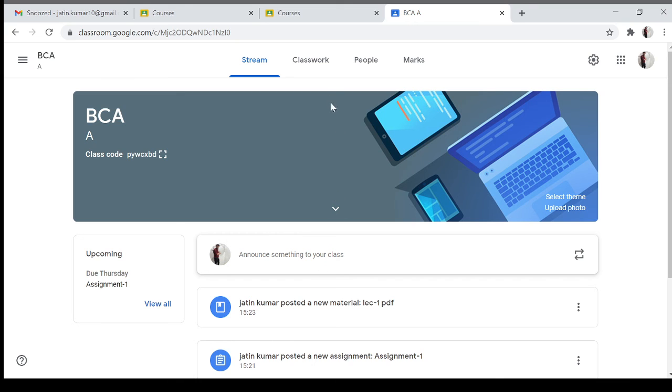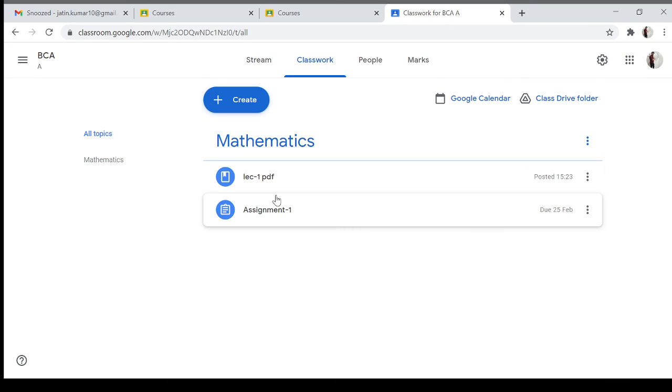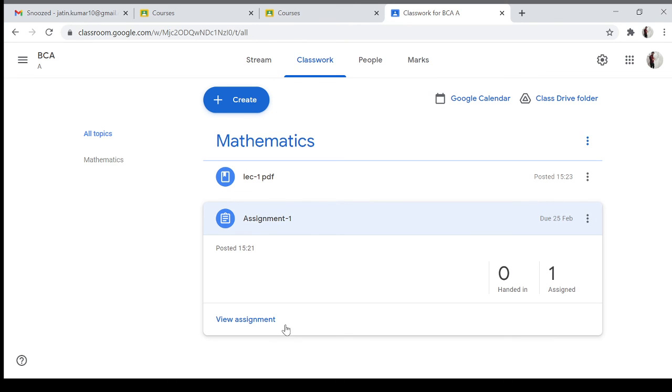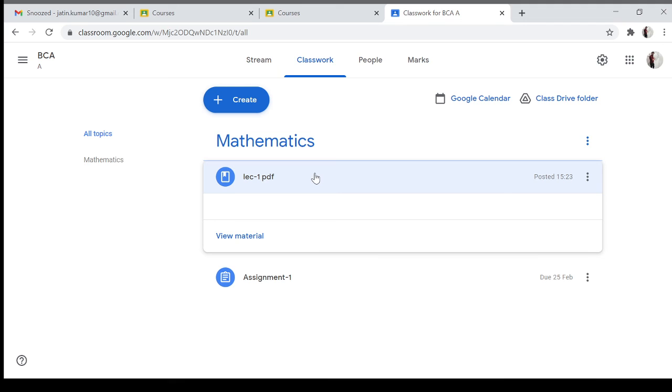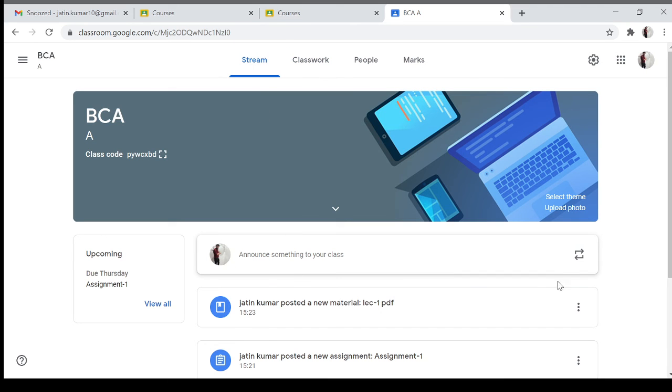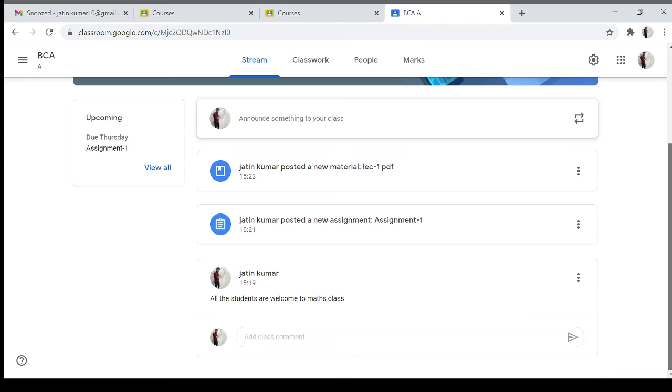Okay, and at the same time, suppose you have to maintain the record, so you say to the students, I have sent that assignment. When you click that assignment, there is View Assignment. When the students see it, a comment box will be displayed in their window. They just write down their name and roll number and send, so that I will be acknowledged which students are attending their classes. Okay, and that record will be maintained for at least 5 years.